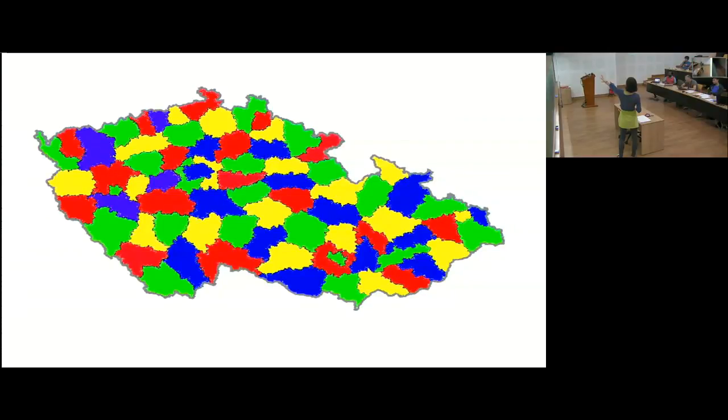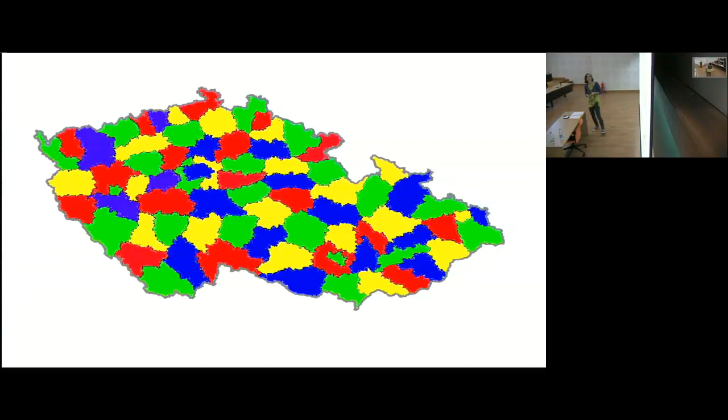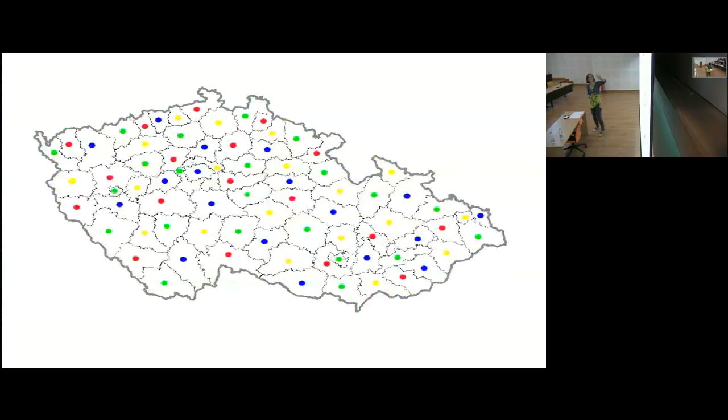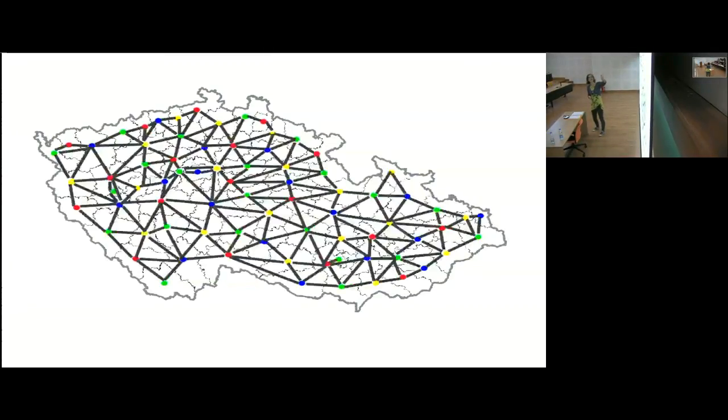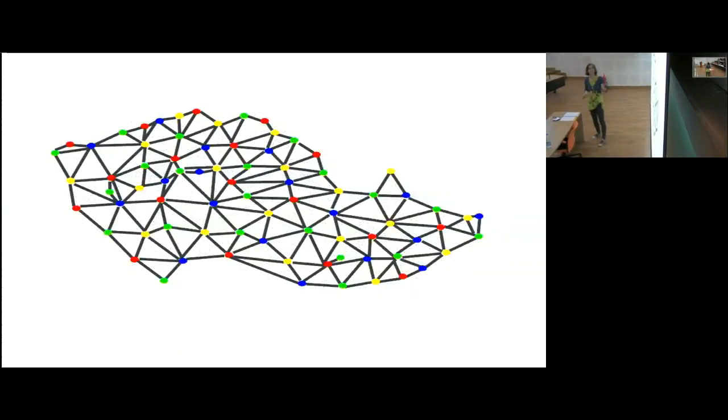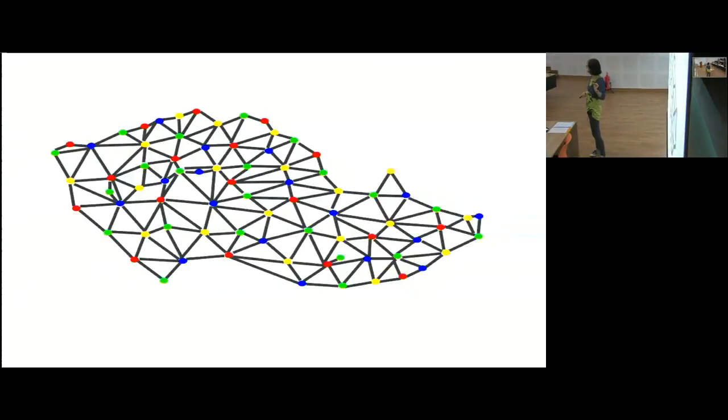And how do you go from a map like that to a graph? To the setting that I was defining, right? Instead of these countries, you have the nodes of the graph, and they are colored. And you have the edges. An edge is between 2 nodes whenever they are actually neighbors. They have some part of the border that goes between the 2 of them, and then you forget about the map, and you end up with a graph.